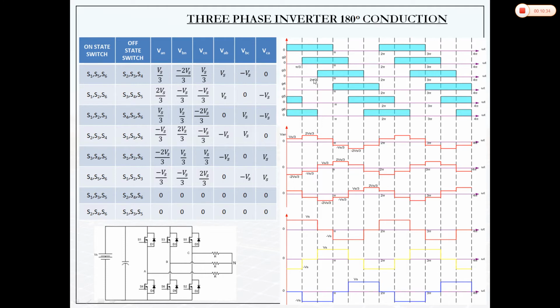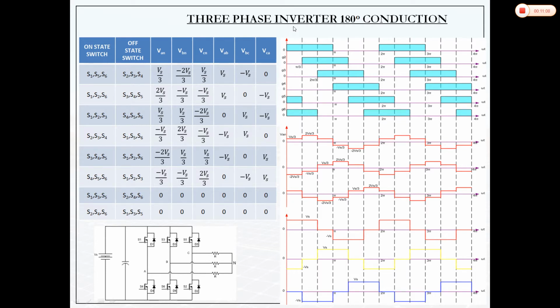Now you can see that we can actually draw this waveform. If we take this first interval, this second, this third, this fourth, this fifth, this sixth, there are a total of 6 intervals, then the same thing will repeat. You have to analyze this waveform for one time period. So there are a total of 6 intervals, and each interval is of 60 degrees.